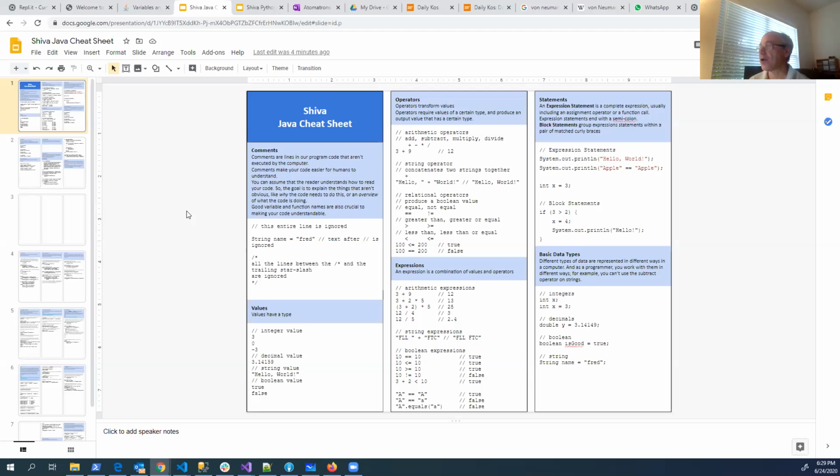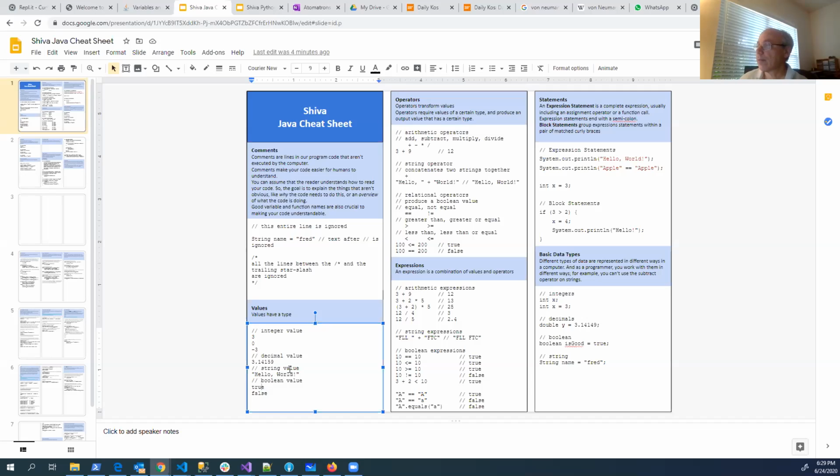Okay. All right. So we've talked about values and operators so far. Values are things like integer numbers. We can have decimal values, string values, and Boolean values.